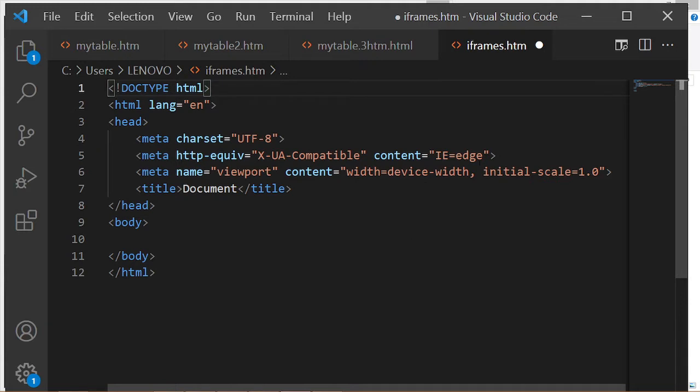Okay, without wasting time, we have created a file and we have named it iframes.htm. That's fine. Now we are starting with the head element. We will deal with it in depth today and know what the head element contains and how to use it appropriately as website design professionals. So let's take this and I will explain it bit by bit